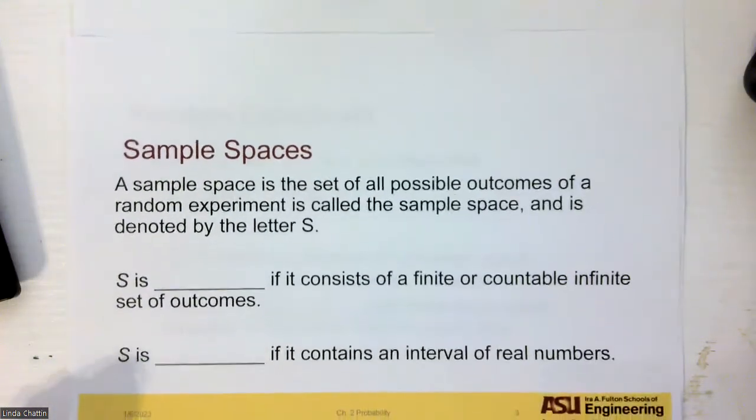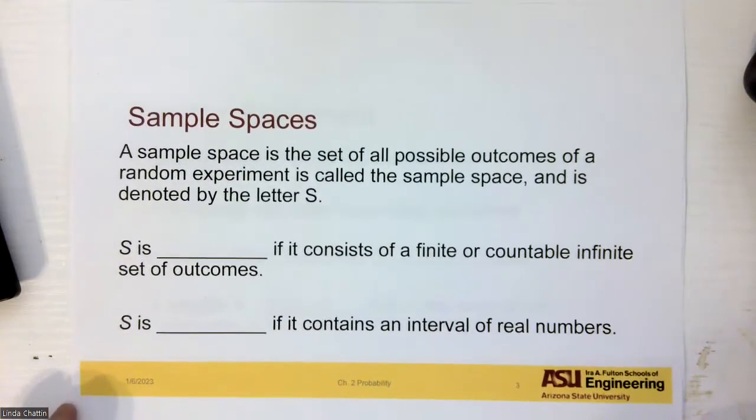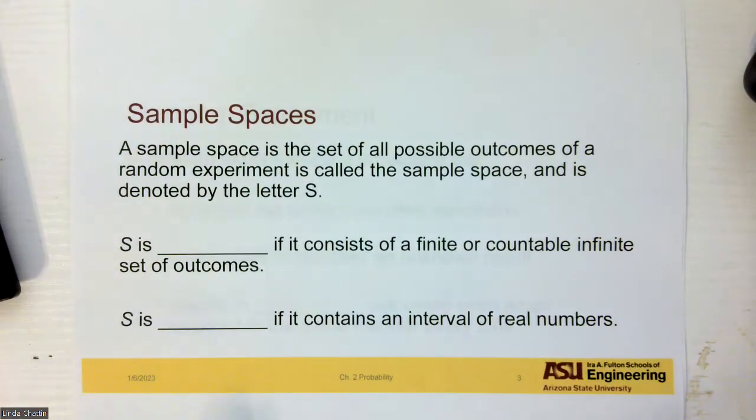We don't do very much with set theory in this course. There's quite a bit more in chapter 2 than we actually do in this course. So I'm just going to cover what we need. We're going to have two different types of sample spaces. A sample space is the set of all possible outcomes from a random experiment. And there are two types, as I said. We will say that S, that's the letter we use for the sample space,